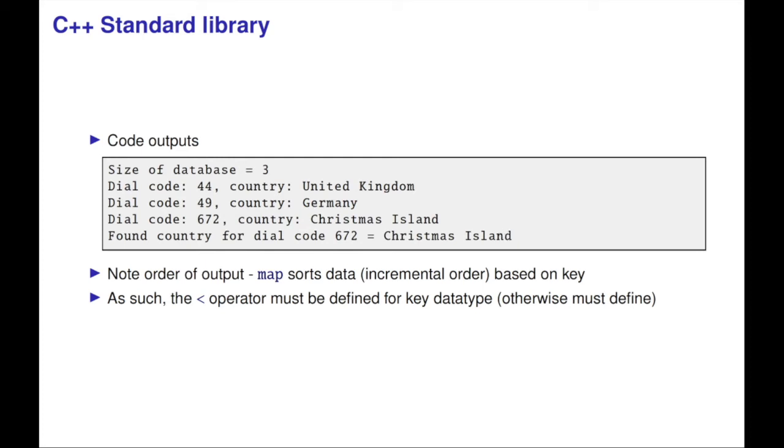Now, map actually, intriguingly enough, requires an order. That really means if you have a key, then you need to define a comparison operator, which in this case is the less than operator, which must be defined for the key data type. So essentially, if you define your own class as the first element, as the key, then you need to be sure that you've got a sort operator, a comparison operator for your class. So essentially, you can compare two elements of the class and say one comes before the other, and that clearly is fine for numbers. It's also even defined for strings, but it may not be fine for something you come up with.